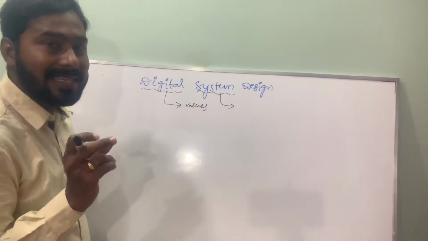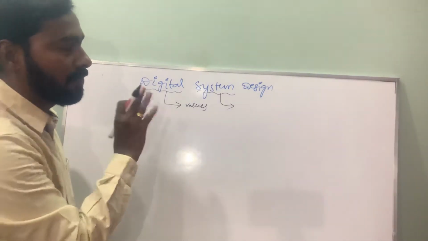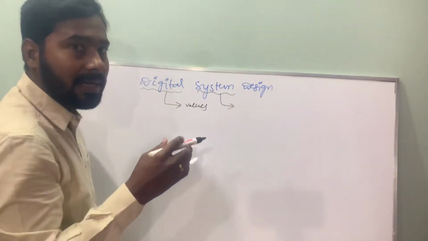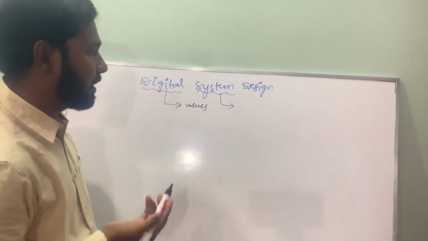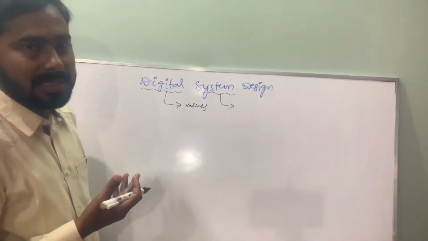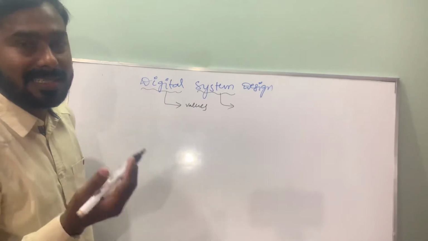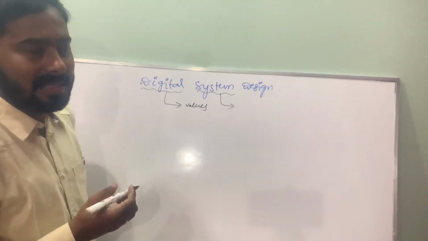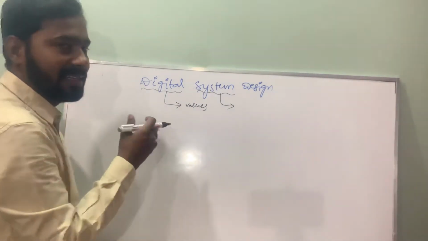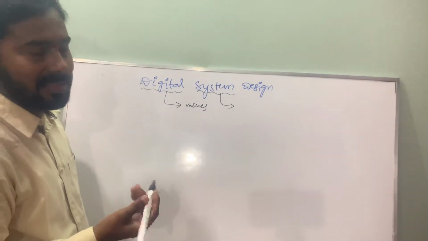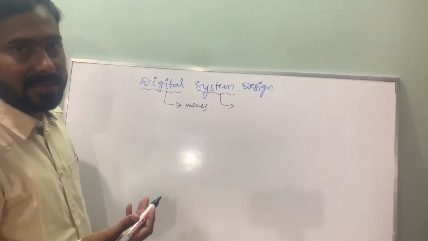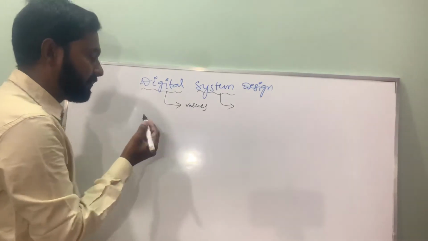A system is a set of things working together as a part of a mechanism. In our daily life, we are observing different digital equipment, such as digital watches, digital meters, digital TVs. Now the generation is a digital generation, digital technology. We are going to learn to design different digital circuits.